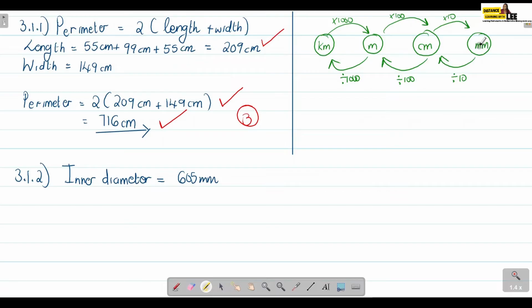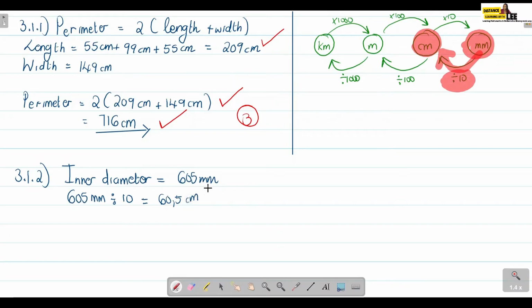So to move from millimeters, which is a smaller unit, to centimeters, a bigger unit, we need to divide by 10. If you take that 605 millimeters and divide it by 10, you will get